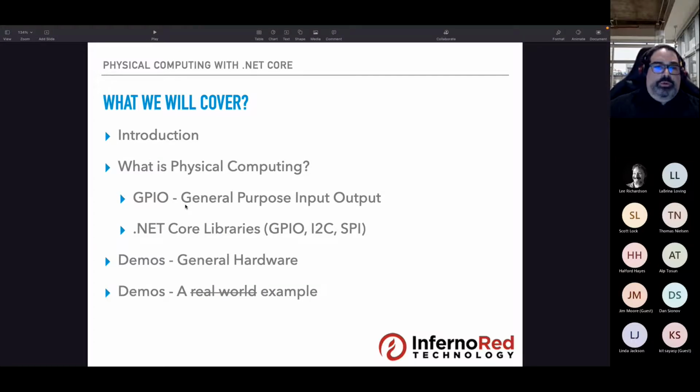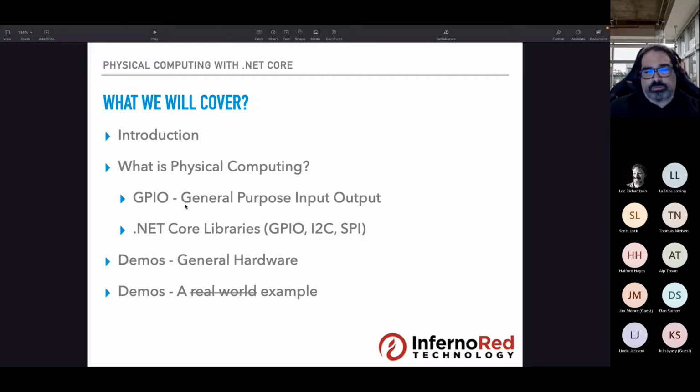So what we will cover, just to get through a bit of minutia: we are going to be doing a bit of an introduction of what is physical computing, for those folks that are not familiar with the term, or are familiar with the term in a vague way, but want to know what I mean by physical computing for this presentation.